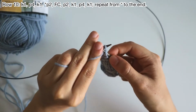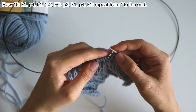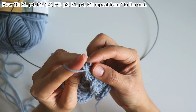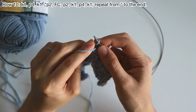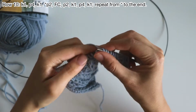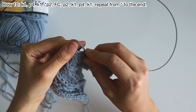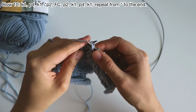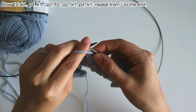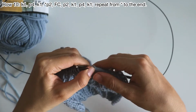So we're gonna purl 2, and we're gonna do a front cross. So go to the front, yarn to the front, skip the first stitch, purl the second one through the back loop, bring the yarn to the back and knit the first stitch. Purl 2 stitches, knit 1, purl 4, knit 1,